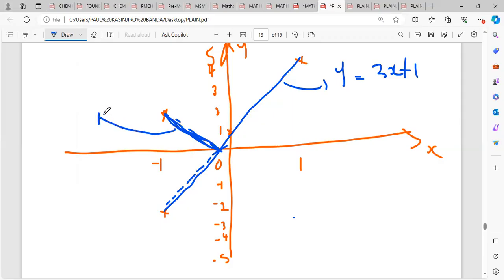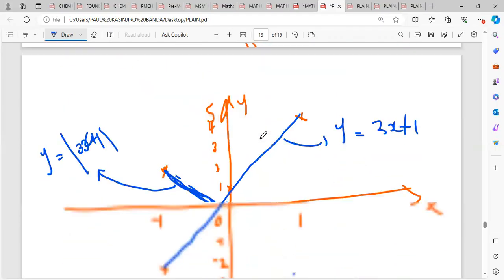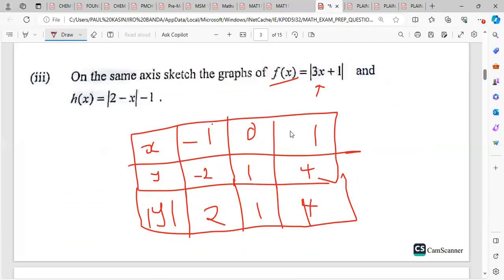So this graph that is now reflected is the graph of y equals the modulus of 3x plus 1. We've removed this negative part. You can even not draw it if you want. You can rub it out, so your graph will just be like that, and then like that. So that's how you graph a linear function that has modulus. This is just one of them. We still have to graph the other one. But this method here, the one that I use for writing the table of values,